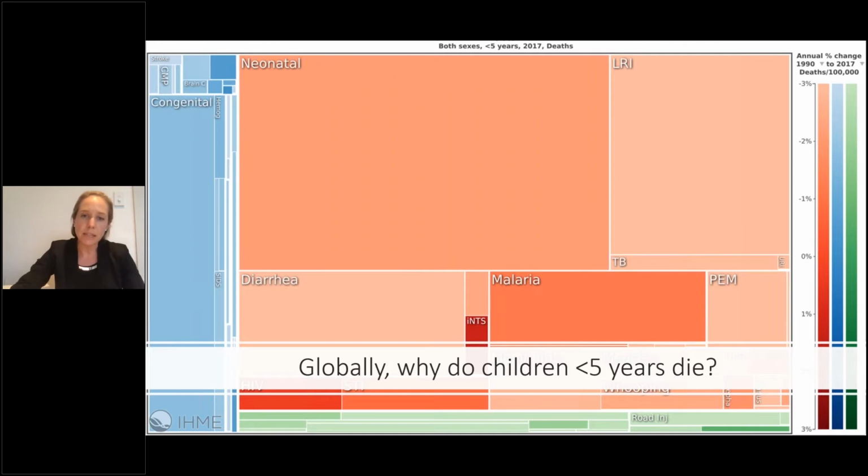And you can also see, looking at the shading of these boxes here, that we've not made huge gains in addressing these causes of death since the launch of the Millennium Development Goals in the 1990s, which obviously have now become the Sustainable Development Goals. But you can see the lighter shade boxes are the ones that show we have made some progress, but in general, many of these causes of death in children and neonates across the globe are yet to be really well addressed.